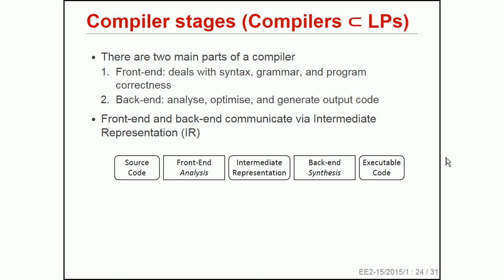So we're going to look at compilers and language processors in more detail, but it's worth getting some sense of how compilers actually fit together. Broadly speaking, there's two parts to compilers. There's a front end, which is mainly responsible for taking source code, handling grammar and various types of syntactic stuff, and building some kind of representation of that program. So that's the front end, going from C, C++ or Java to some kind of internal data structure that represents